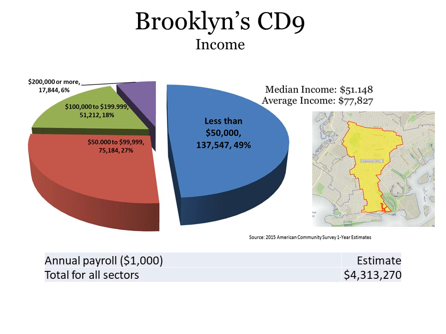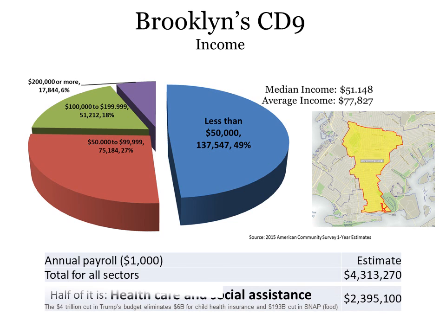The community's median income is just over 50,000. Our average income is around 77,000. The annual payroll, what people bring home from all of the employment sectors that I briefly described, is $4.3 billion. But the really important point here is that half of that income, the 2.3, actually almost 2.4 billion, is from healthcare and social assistance. So we're a community that knows how to care for one another, but that's also a portion of the economic health of our community that's threatened by the challenges to the ACA.